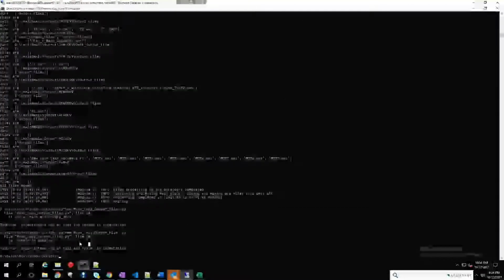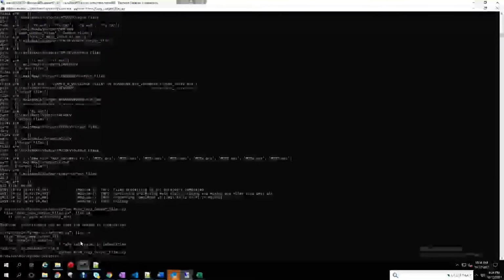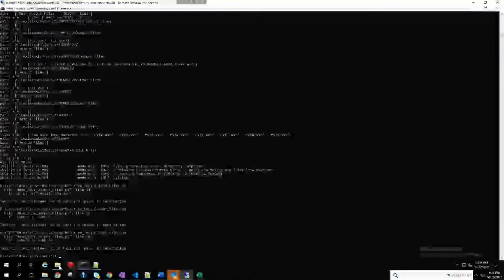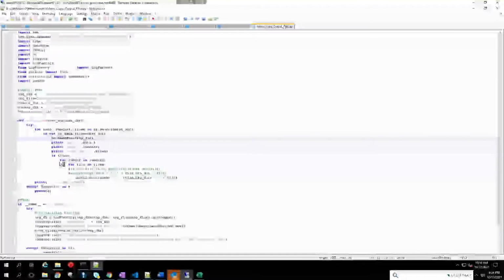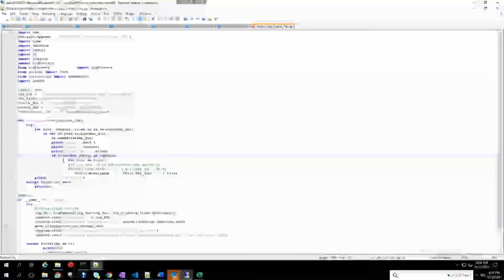Line 30, what happened? Line 30, inconsistent use of tabs. Okay, this here. It should be files. The for should be there, yeah.